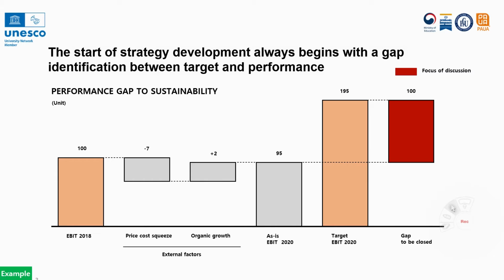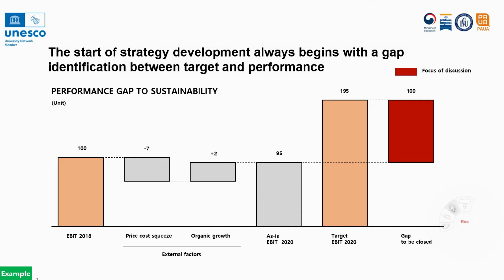A problem can be defined as the phenomenon or the situation where there is a gap. And the gap is defined as simply the difference between target and performance. So the start of the strategy development, simply like the problem-solving process,